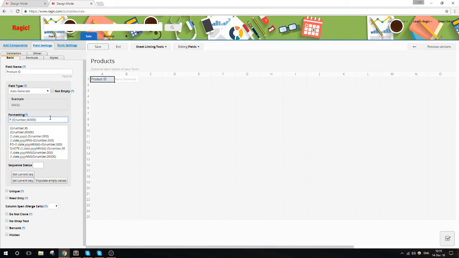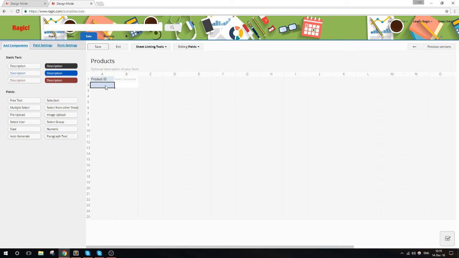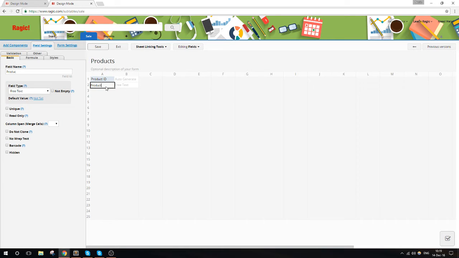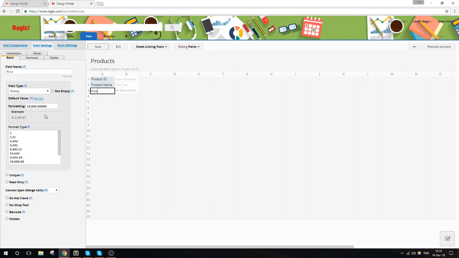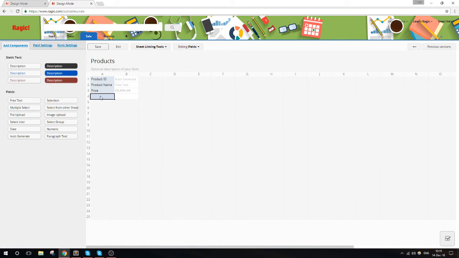But I'll let Ragic generate one for my product because I don't really have actual products. Alright, so this is a very simple sheet, and I'll save the products,